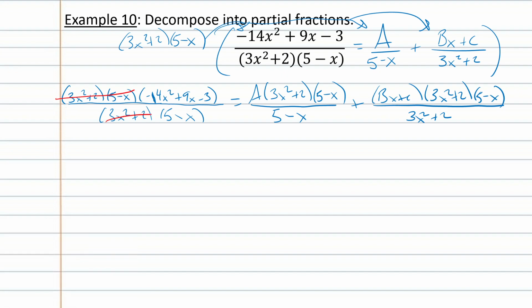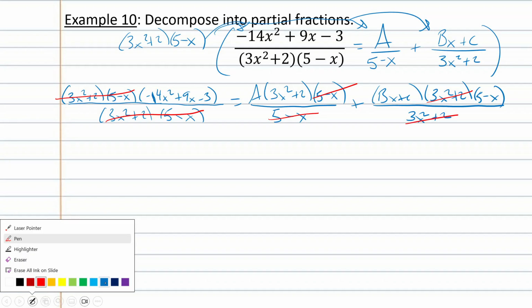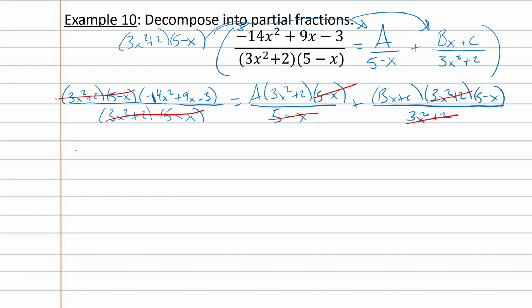First term, the entire denominator cancels out. Second term, the 5 minus x cancels out. Third term, the 3x squared plus 2 cancels out. Easy enough. So we get negative 14x squared plus 9x minus 3 equals a times 3x squared plus 2 plus bx plus c